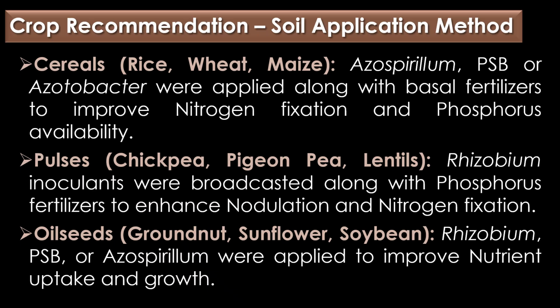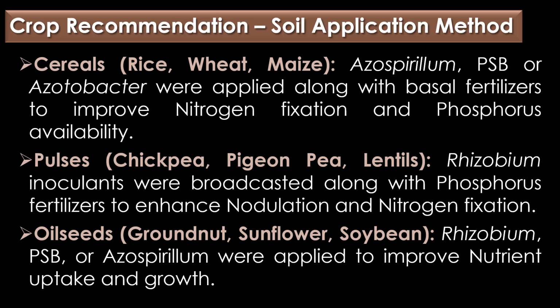Crop recommendation for soil application method. For cereals like rice, wheat and maize, Azospirillum, phosphate solubilizing bacteria or Acetobacter were applied along with the basal fertilizer to improve nitrogen fixation and phosphorus availability. For pulses like chickpea, pigeon pea and lentils, Rhizobium inoculants were broadcasted along with phosphorus fertilizer to enhance nodulation and